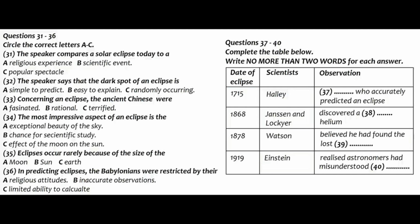So there you have several examples of how eclipses have helped to increase our understanding of the universe. And now let's move on to the social aspects, and I think you'll find...